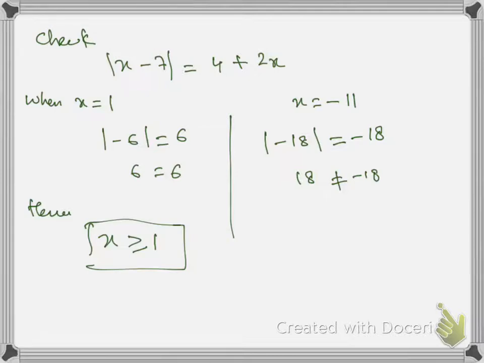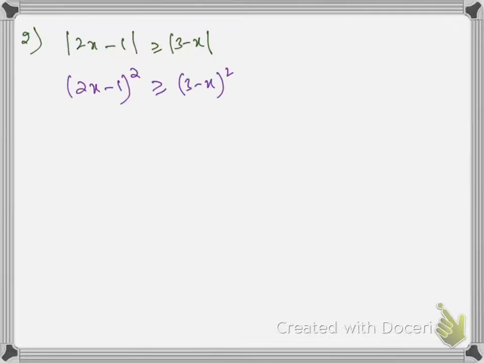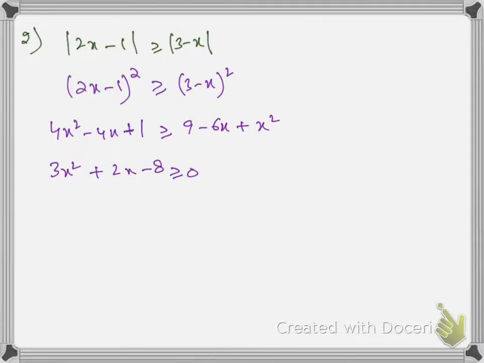Now let's do the last example number 2. Since we have both-sided modulus, therefore we won't check the answer. There is no need to check the answer in this particular question. So we have removed the modulus by squaring on both these sides. Now we have to simplify both the sides. By bringing everything on left side, and by breaking the middle term, we have 3x minus 4 and x plus 2 greater than or equal to 0.